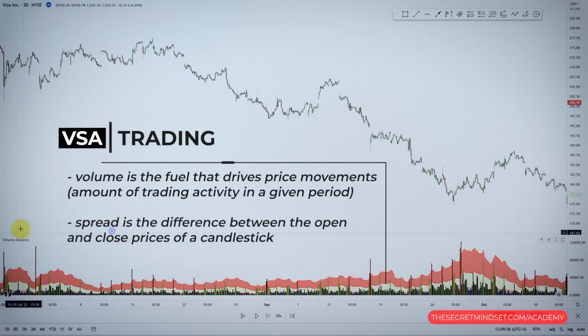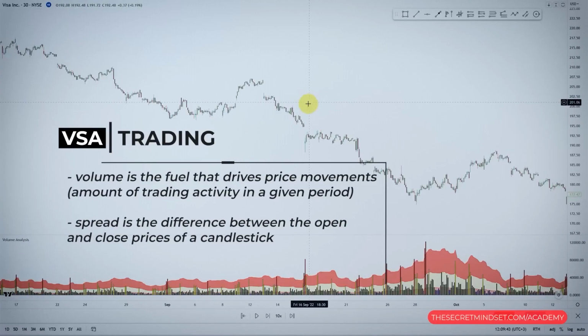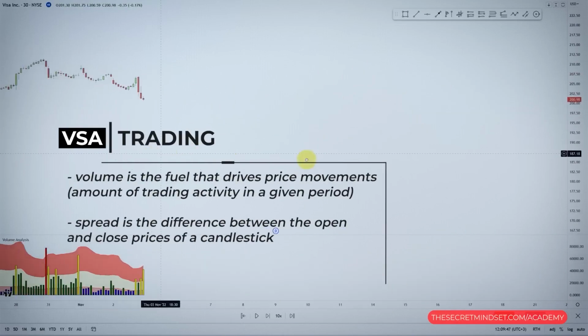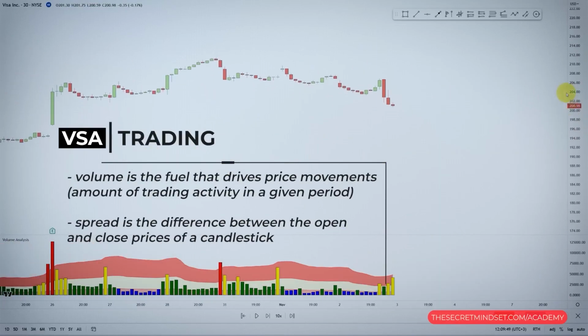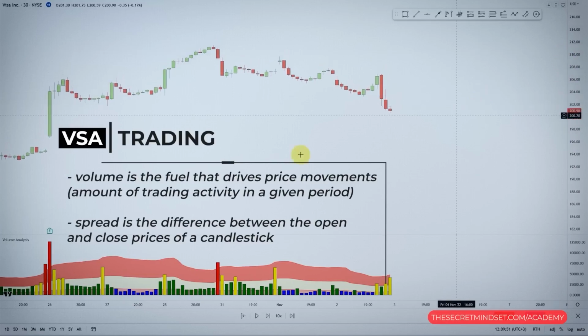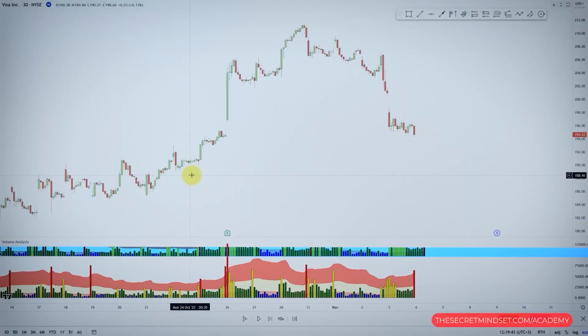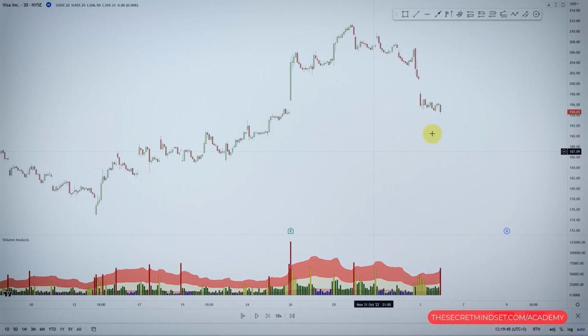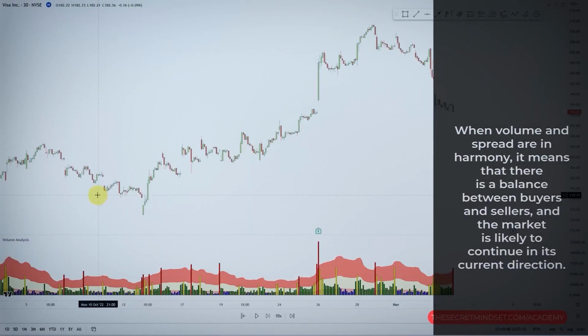Volume is the amount of trading activity in a given period, while the spread or the range represents the difference between the open and close prices of a candlestick. By analyzing the relationship between volume and spread, VSA can reveal the supply and demand dynamics in the market. It's a lot to talk about, but the key concept of VSA is that when volume and spread are in